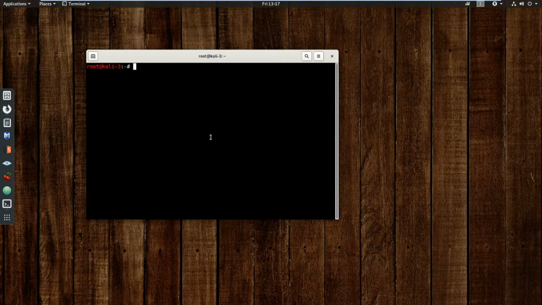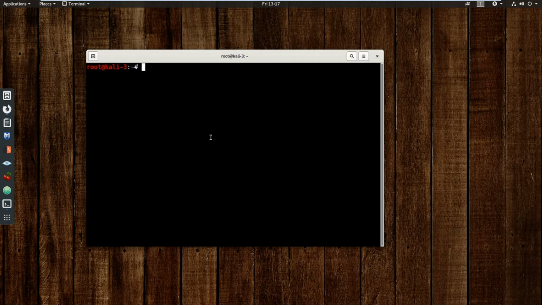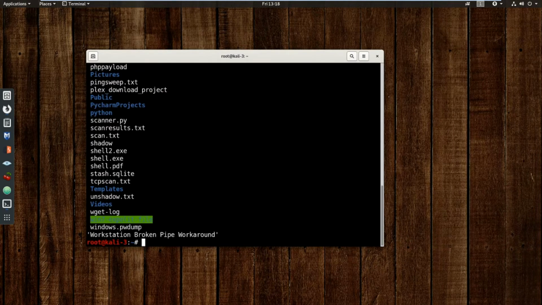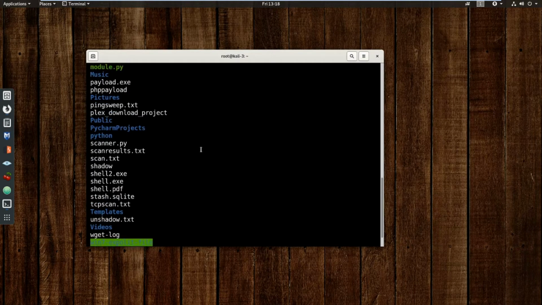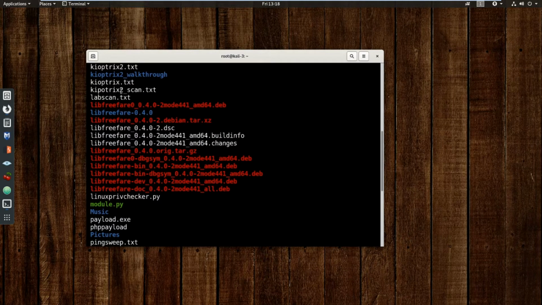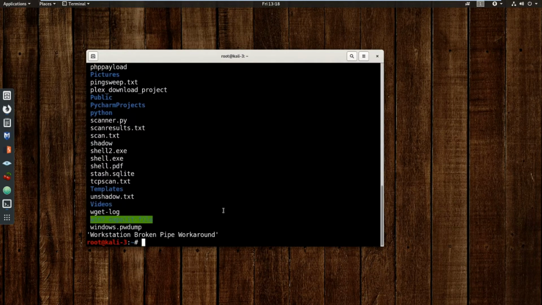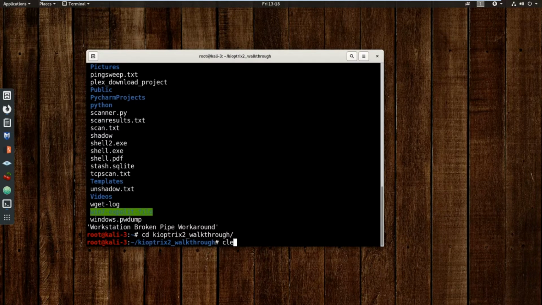Okay, so here we are in Kali, a bit bigger. Now I have created a directory to work in, which isn't that one. Let me see, where are you? Well, it was that one. Of course, if I had any understanding about Linux command line, I'd have done that. Okay,